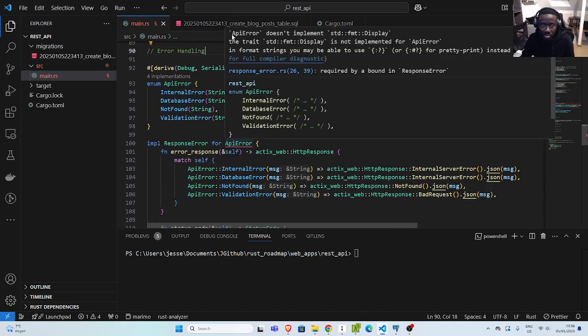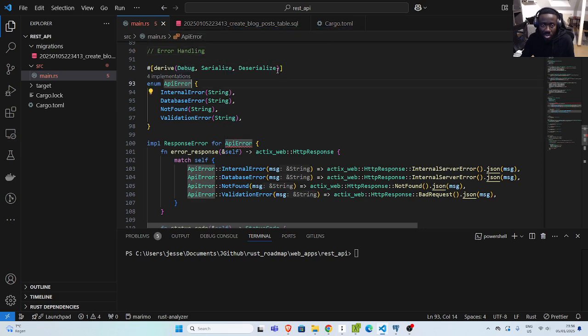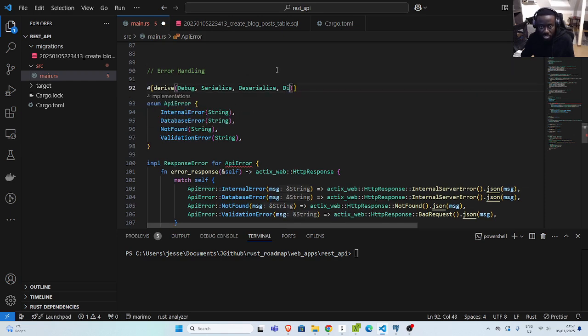Now let's see why we have this error again. So we said, okay, API error doesn't implement standard format display. So you may be thinking, okay, since we have debug, it will work, or we can now do, let's say, display, right? But if you do display like that, it still doesn't work. So let's see another way we can do that. So we can implement display for it and then modify it. So let's go down here,